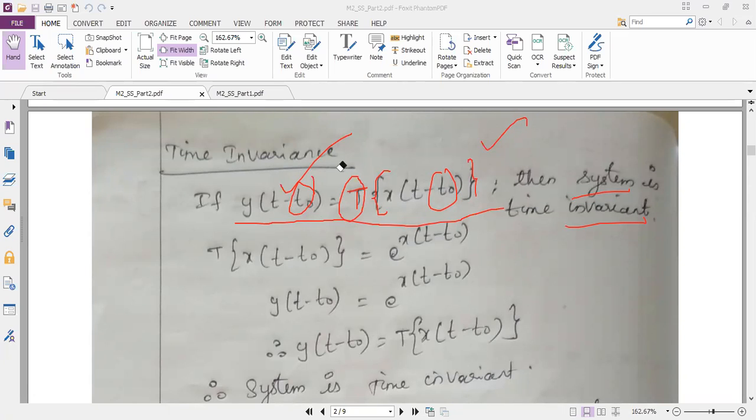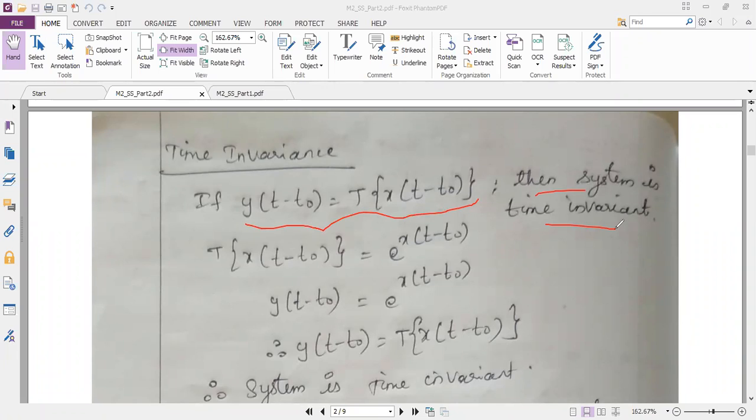So you should write this in the exam, because the evaluator will see whether the student knows the property or not. So how will they identify whether you know the property? If you write the statement, they will know that you know the properties concept properly. So you should write this statement without fail.